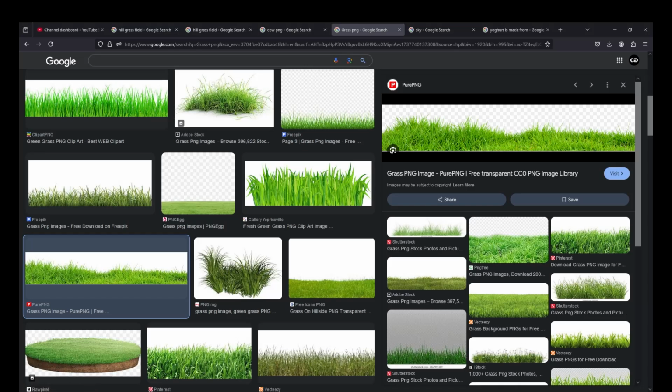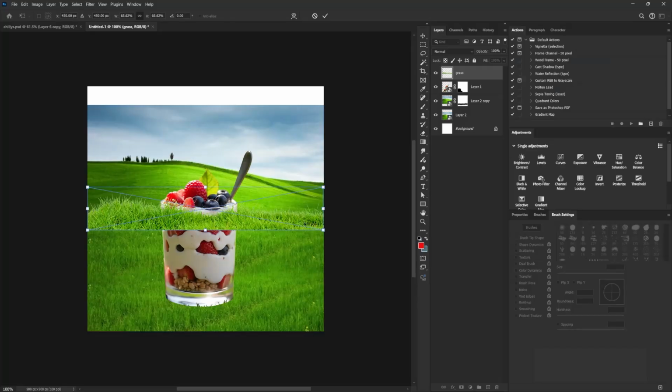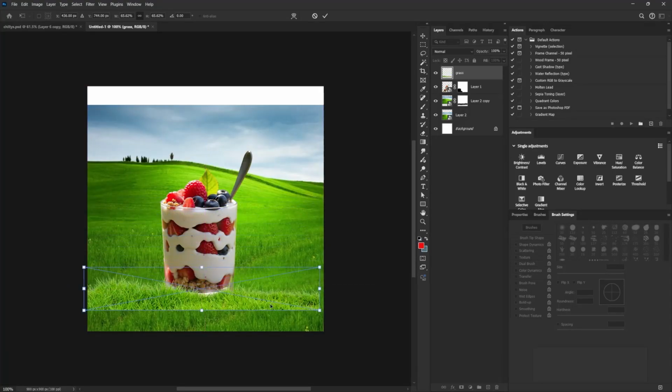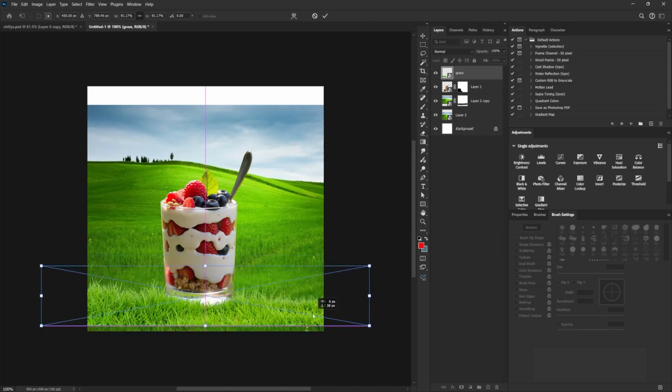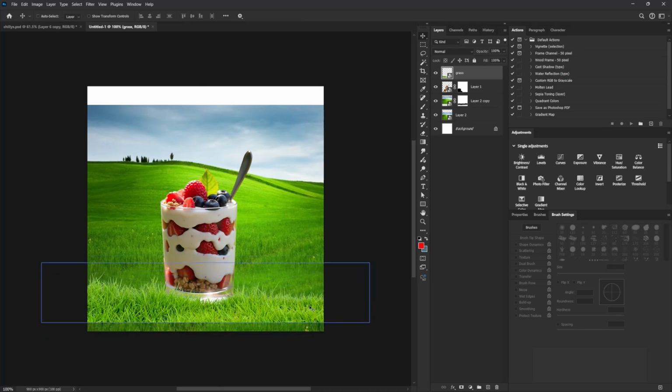All right, so I'm going to save this and drag and drop it into my Photoshop application. So I'm going to place the grass image here and make this bigger, and this should come right about here, like so. But right now the grass image is looking too bright, and that is not really okay, which is also part of what I was trying to explain